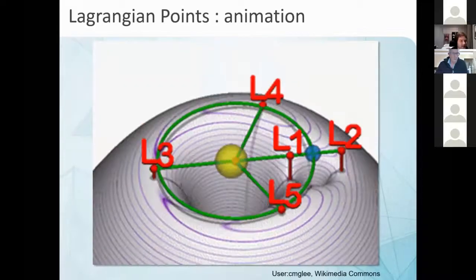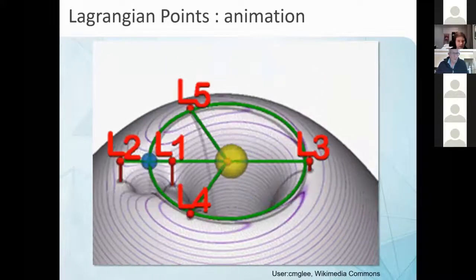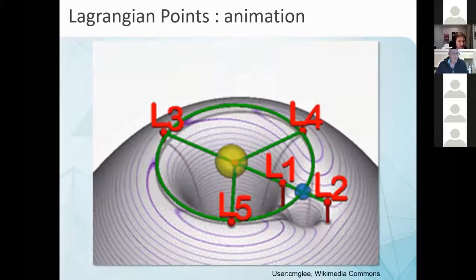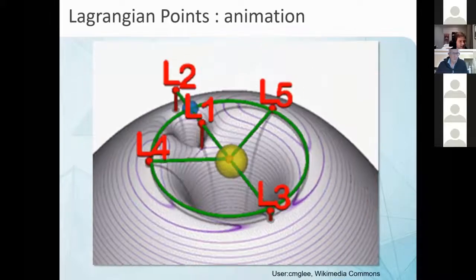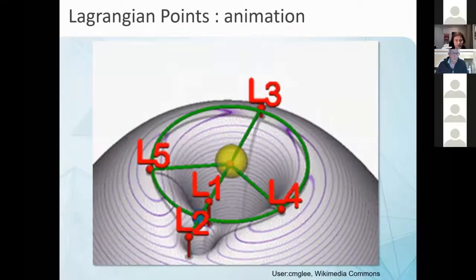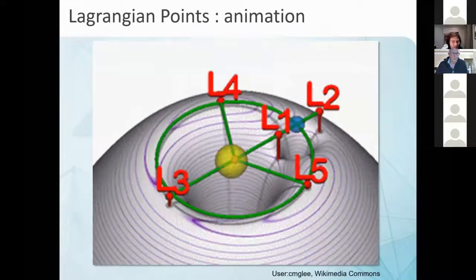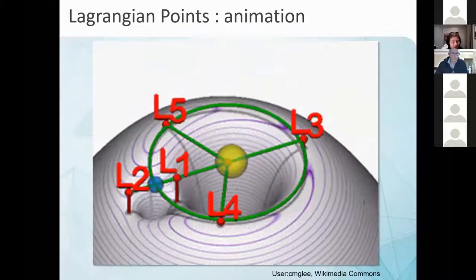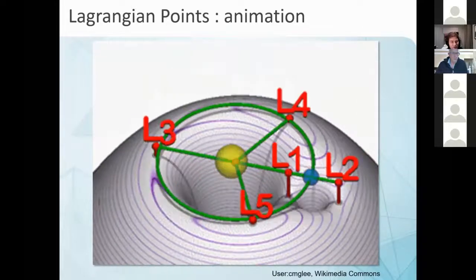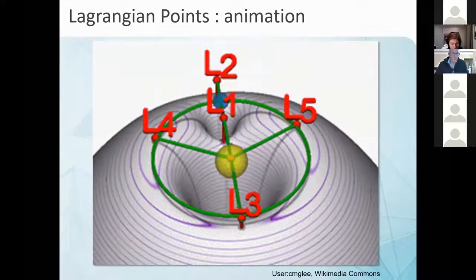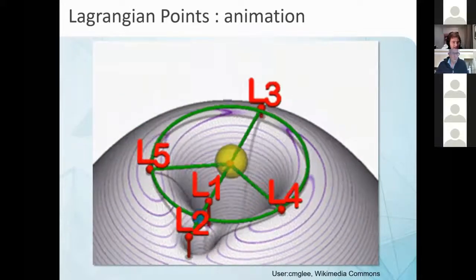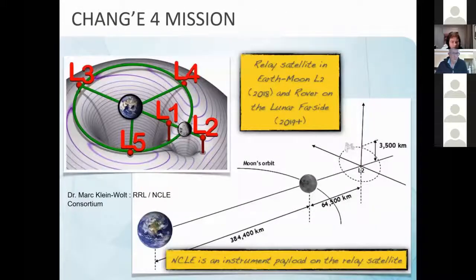And here's an illustration of how L2 goes around Earth. And the relay satellite is not exactly at L2, because if it was exactly at L2, the moon would block the view from Earth, and you won't be able to communicate with the relay satellite. So what happens is they actually orbit this satellite around L2 so that we can always sort of look past the moon